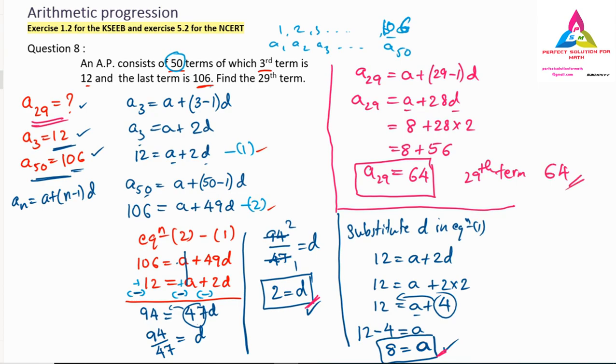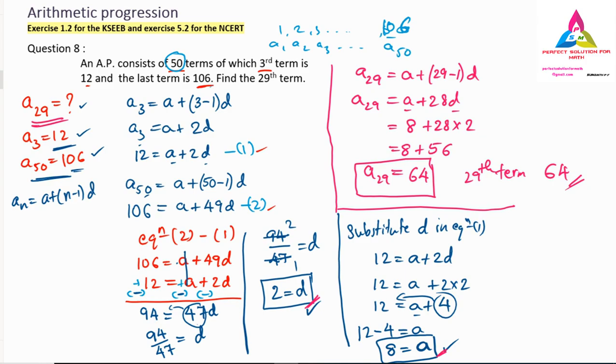So if you want to find it this way, first any term is given to find. For example, in this question only A29 they have asked you to find. Whenever you need A29, you require the common difference, the d value, and the first term, that is the a value. If you don't know that a and d value, you can't find it. In this case they will give any two terms for you, that is A3, the third term here, which is 12, and the 50th term, that is 106. So substitute that A3 and A50.